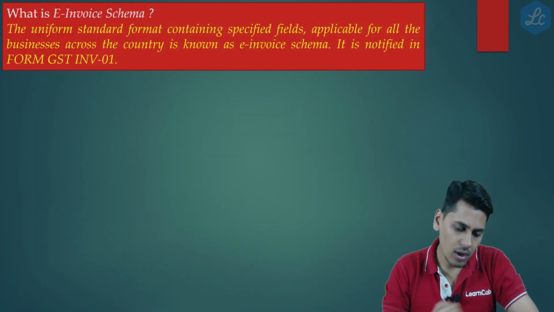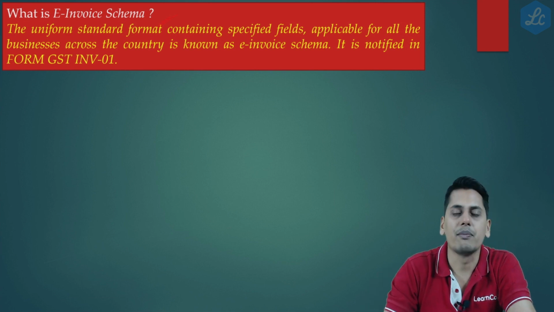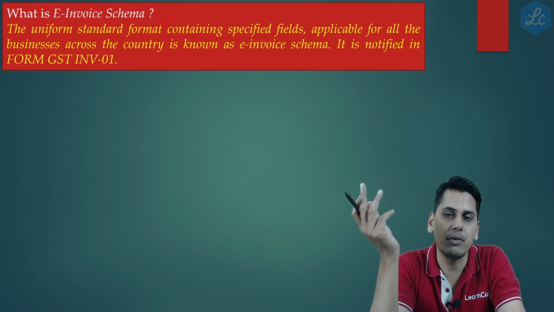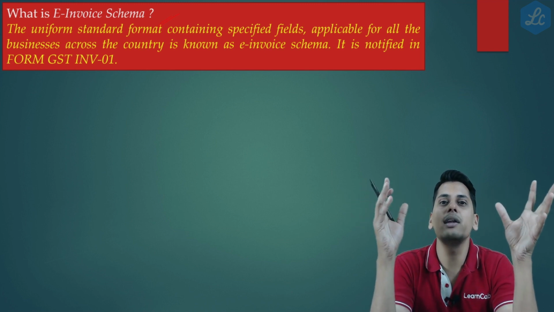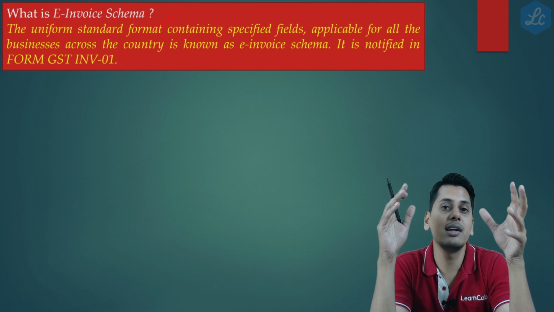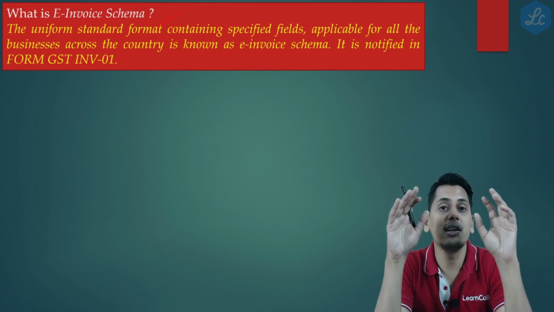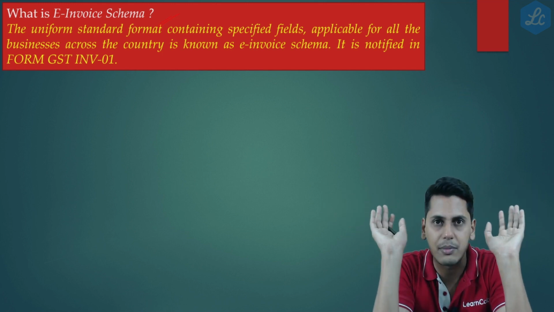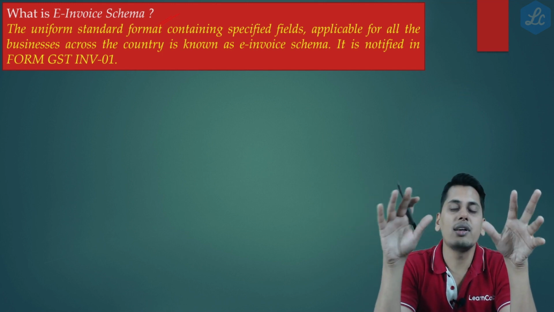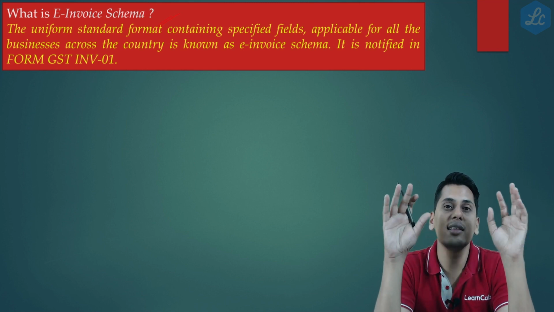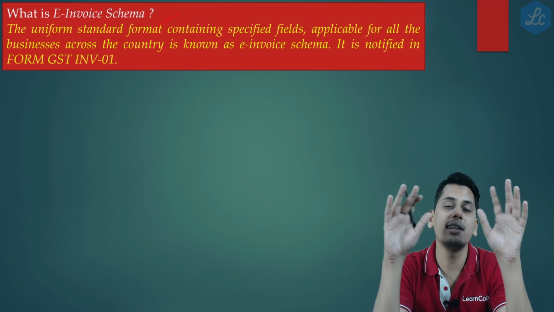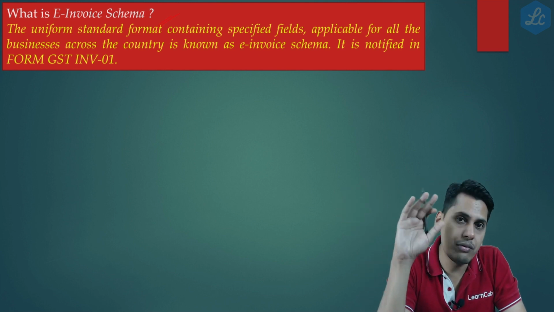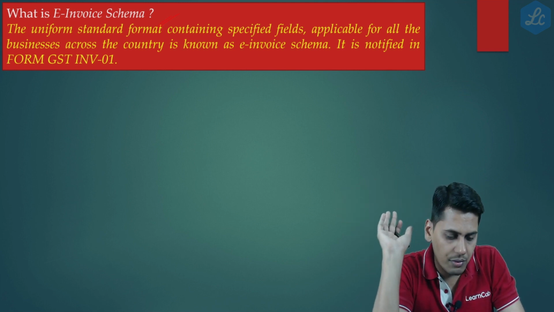Now friends, few terminologies. What is e-invoice schema? Now friends, in India there are at least more than 300 accounting softwares. There is no machine readability which is there. The details which are entered in one software cannot be readily read by another software unless it is customized. So friends, e-invoice schema is nothing but the details are there in the standardized format. It enables machine readability. The data of one software can be read by another software.